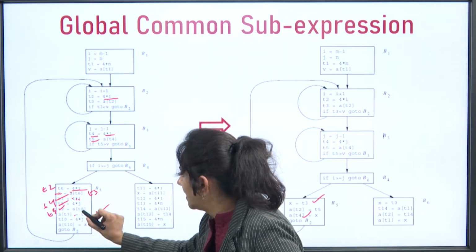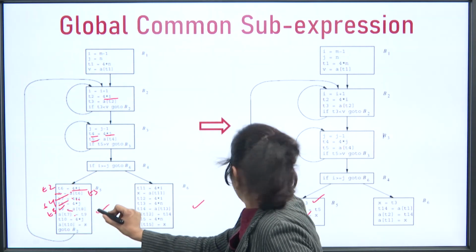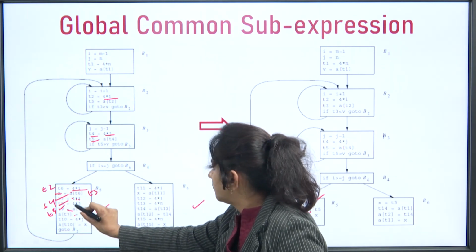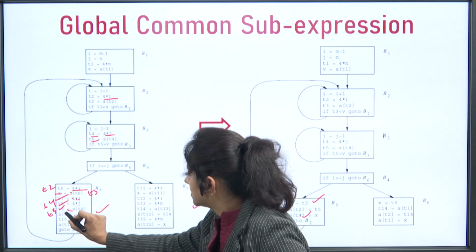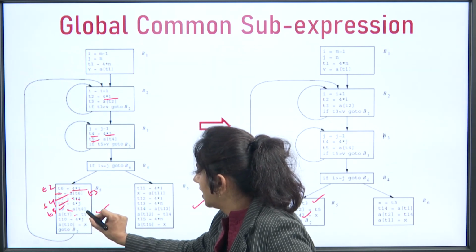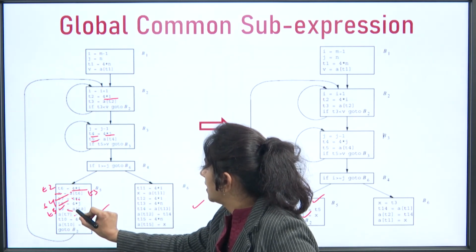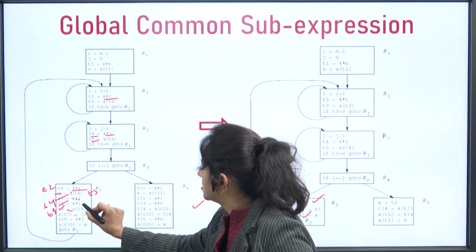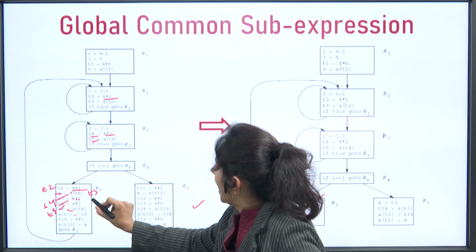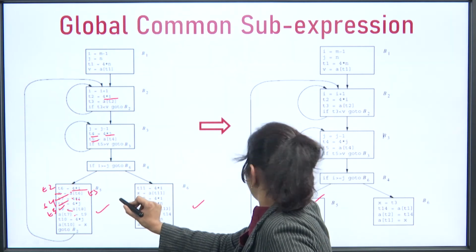And T9 is holding the value, this is A at T8, which is with respect to j.